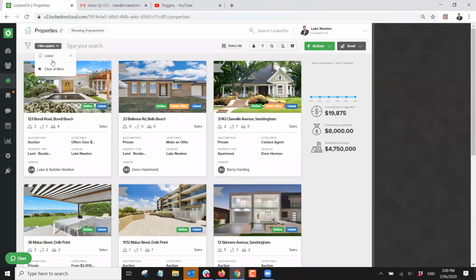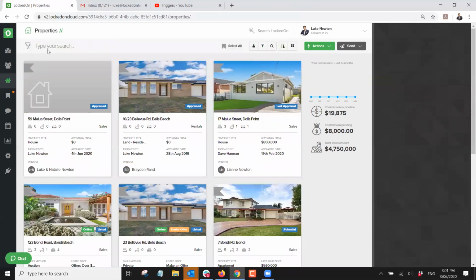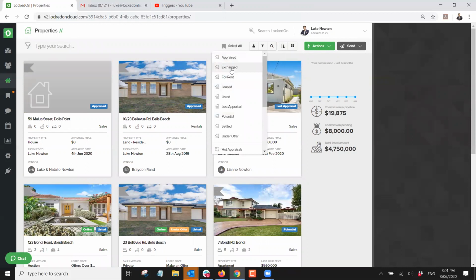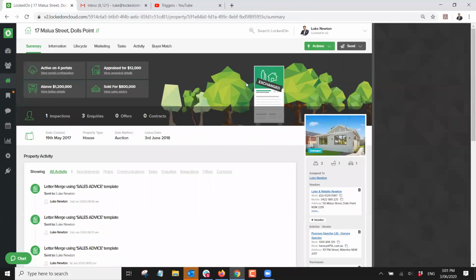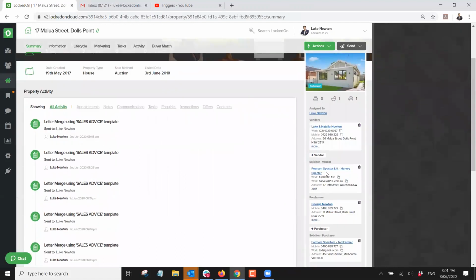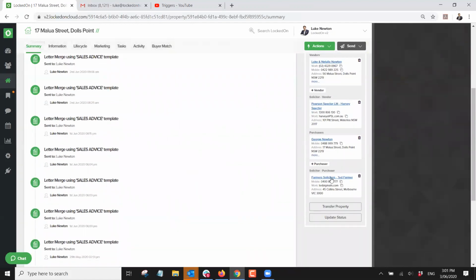There's a contract on these ones at the moment. I'm going to use one that's gone to the next stage that's actually exchanged. So if I use my filters and I go exchanged, we have 17 Malua Street. Now with 17 Malua Street, I've added my solicitor. I've added my purchaser and my purchaser solicitor. These are all controlled on the right-hand side of the screen. So I'll just remove George as the purchaser,